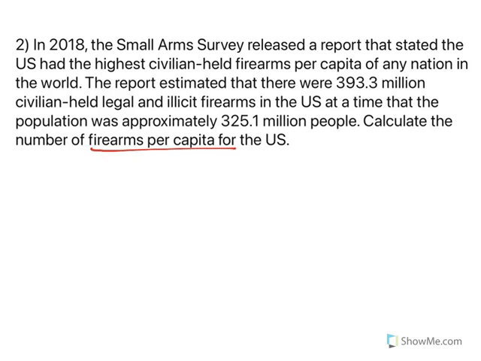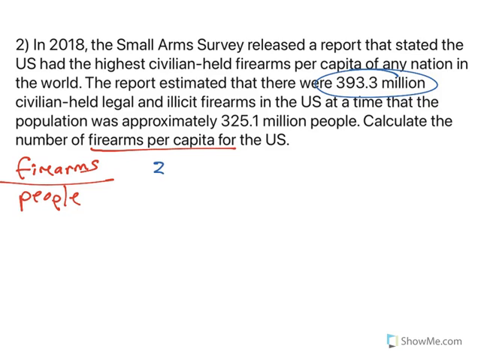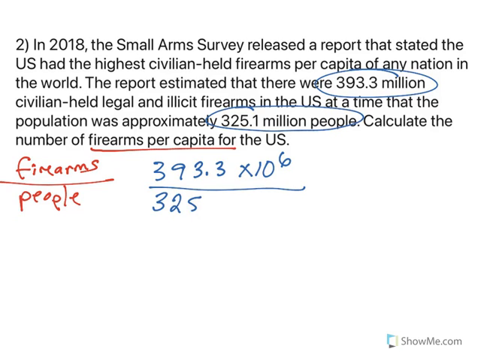Okay, firearms per capita. That means firearms go on the top. Per is the fraction bar. Capita means people. So how many firearms did we have? 393.3 million. Million means times 10 to the 6th. How many people did we have? 325.1 million. Million is also times 10 to the 6th. Now you'll notice here, times 10 to the 6th over times 10 to the 6th, those cancel out, right? Anything over itself is just 1. So I really just have 393.3 divided by 325.1, which gives me a